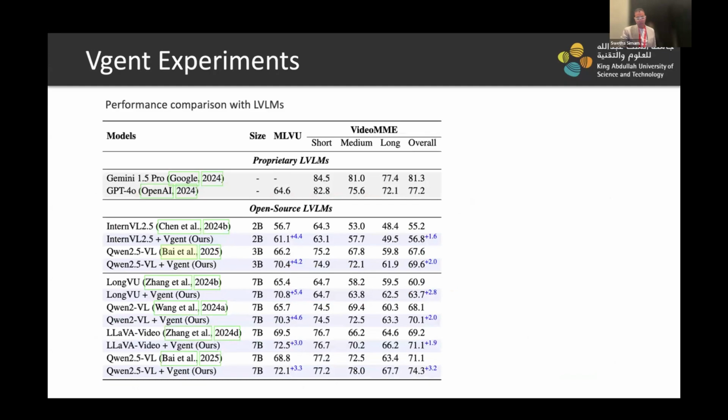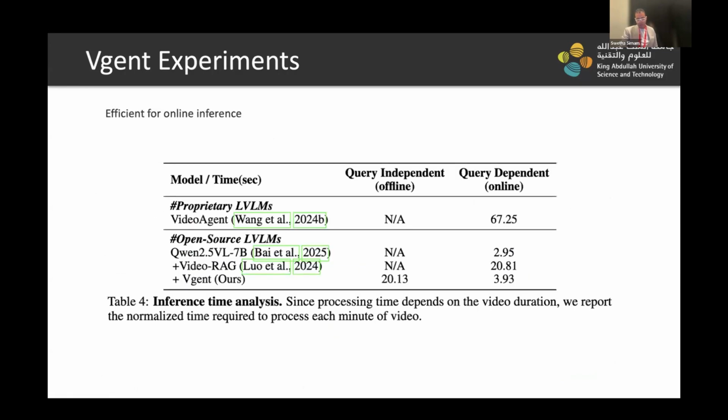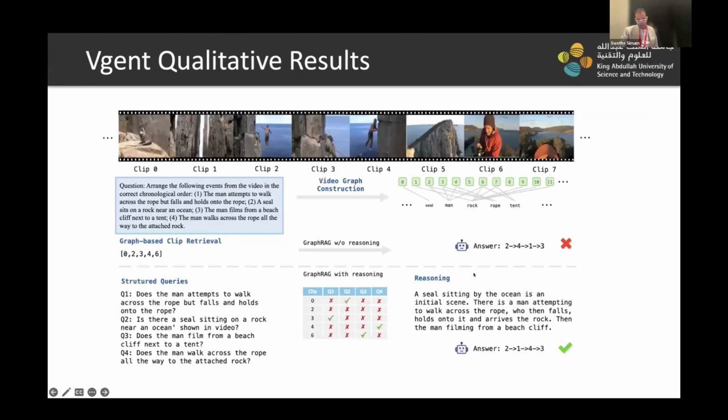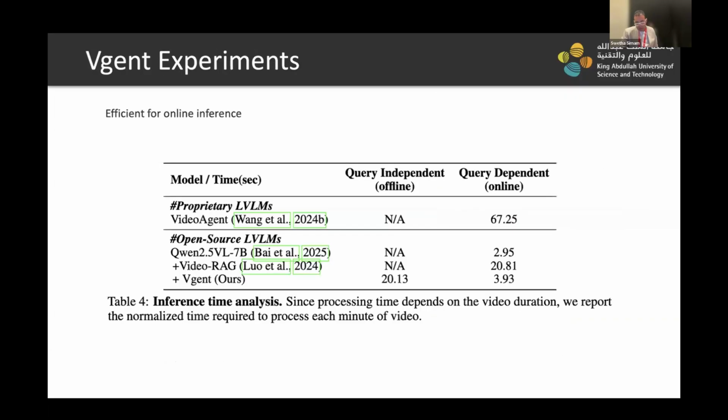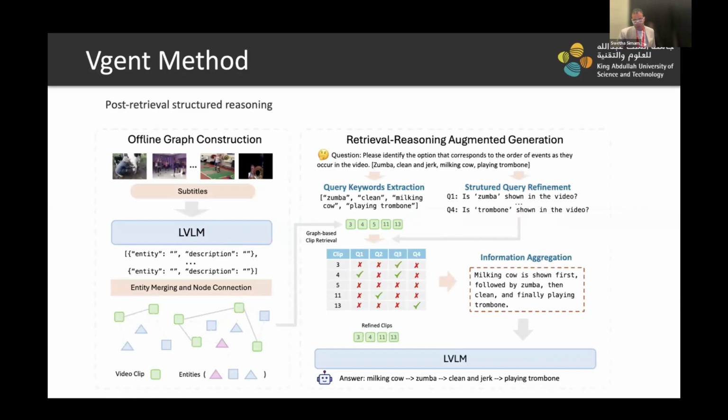And then with integration of this idea, the model has achieved performance that sometimes beats GPT-4o. And it's also much faster at inference time. And I think that's basically it. This is just some illustration that shows how naive RAG and graph RAG can introduce benefit. And I think what I'm trying to say here is that after you retrieve this information,